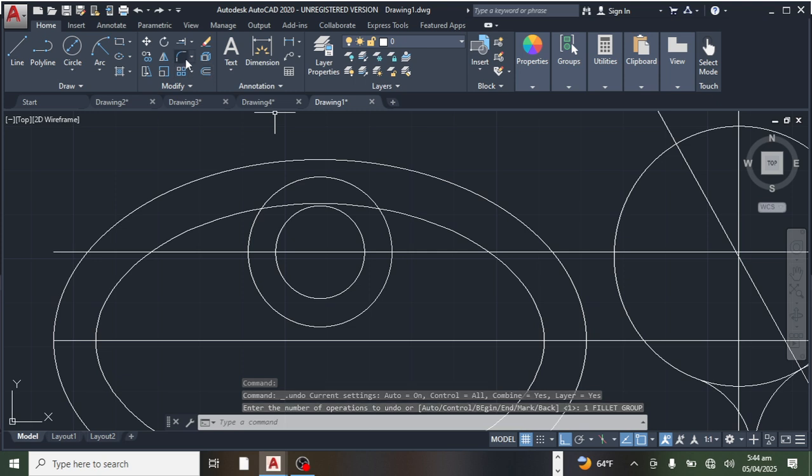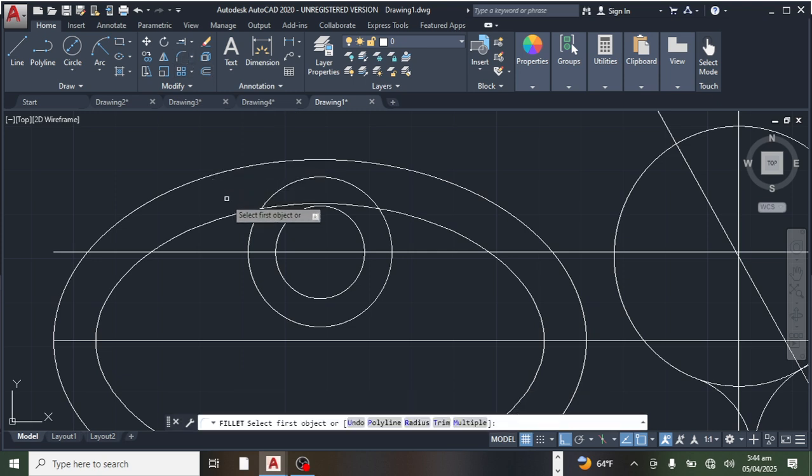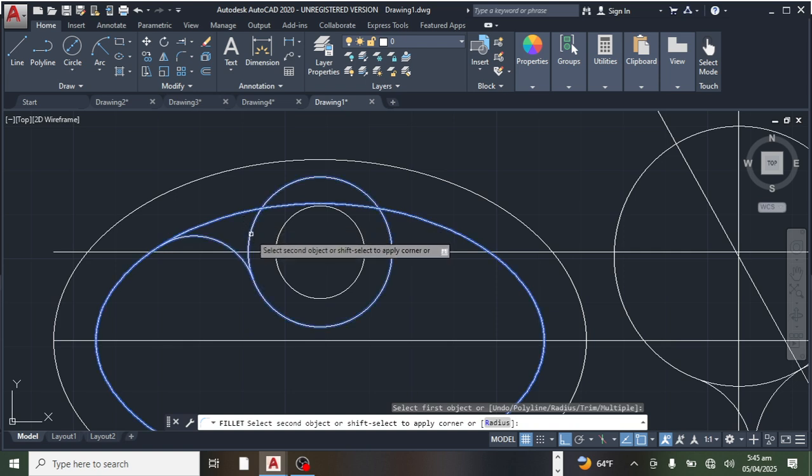Start with the same one, which is BLE. This one, and